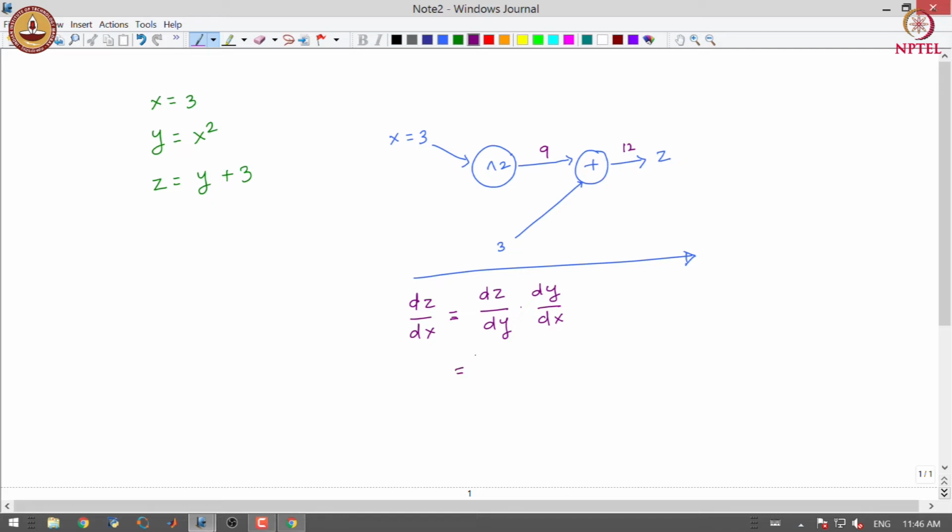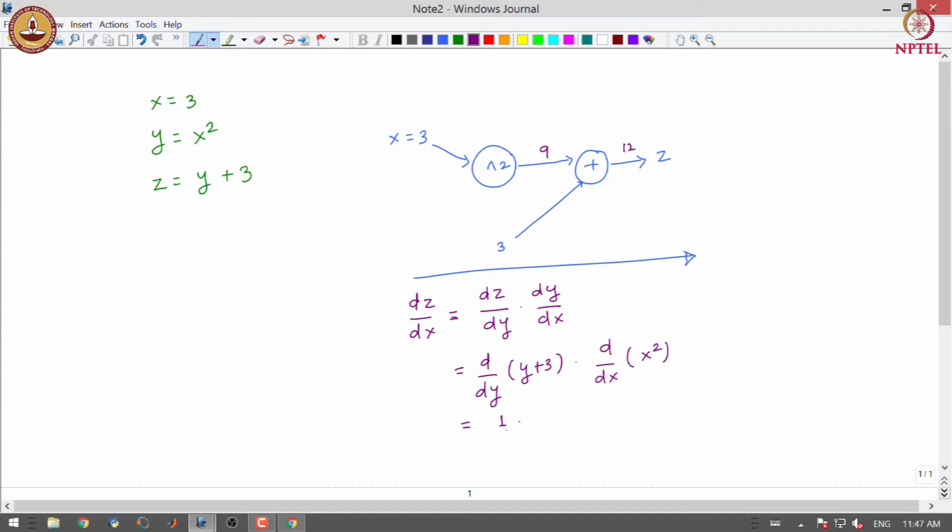You can see that this particular derivative is 1, because the derivative of y with respect to y is 1 and the derivative of a constant with respect to y is 0.